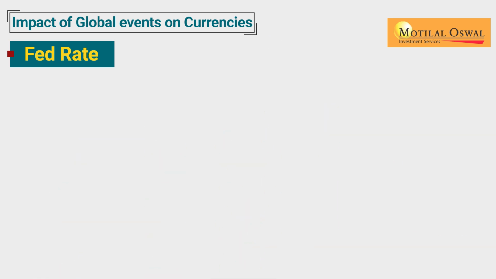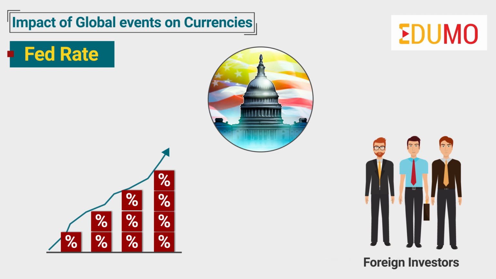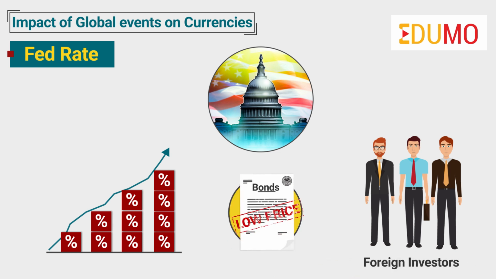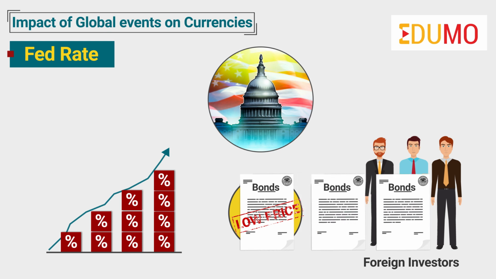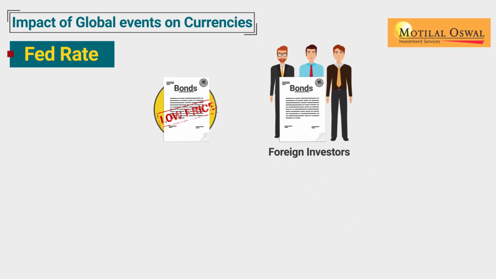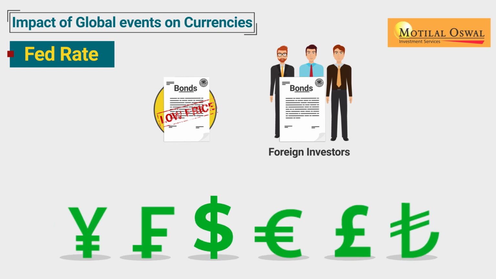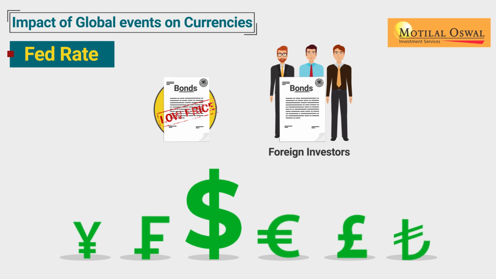Why does it happen? When the Fed raises interest rates, investors looking for returns tend to sell assets denominated in foreign currencies and buy dollar-denominated assets, as the spread over the US benchmark bond is much more attractive. So, in order to buy dollar-denominated assets, they exchange other currencies for dollars. The increased demand for dollars in exchange for other currencies increases the dollar exchange rate.